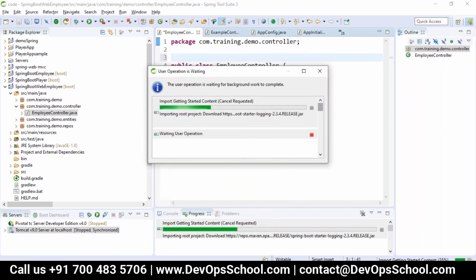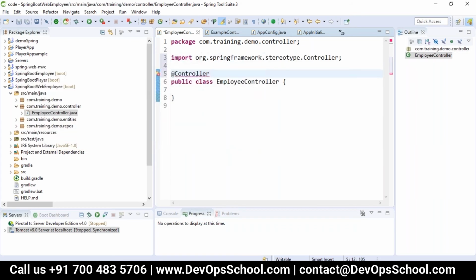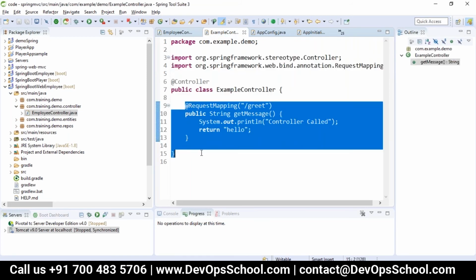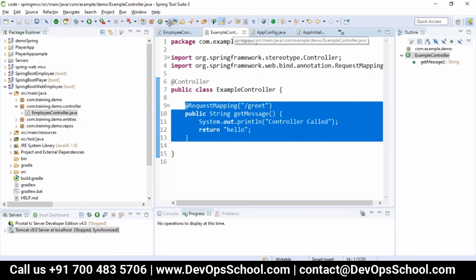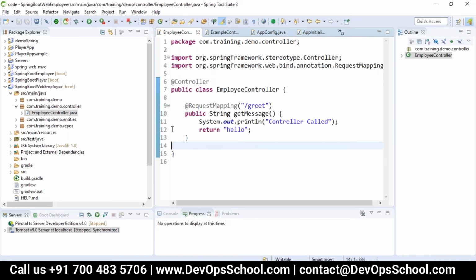It's not allowing me to do it. Yeah, @Controller. And I will just write this, greet. Okay, so this is what we have written in our code.